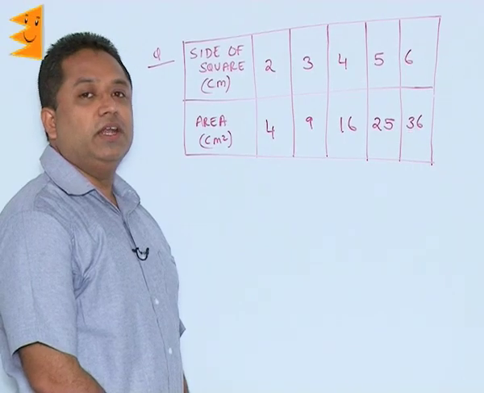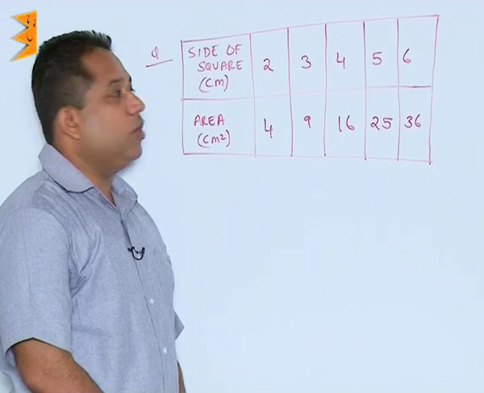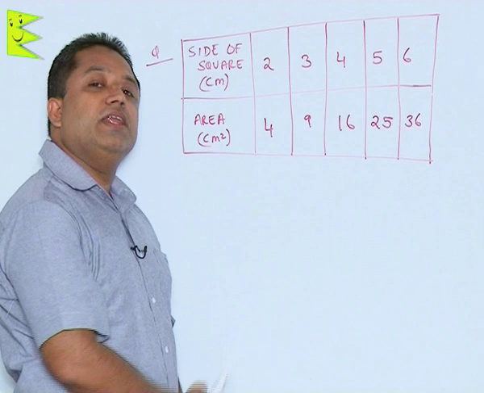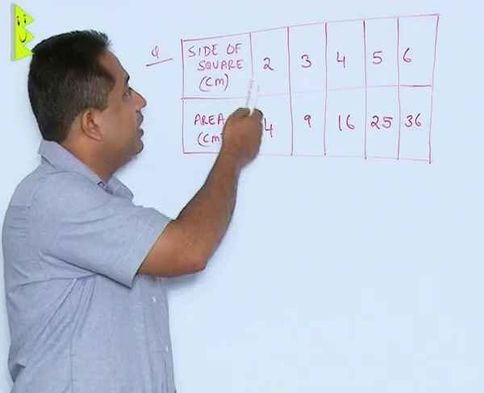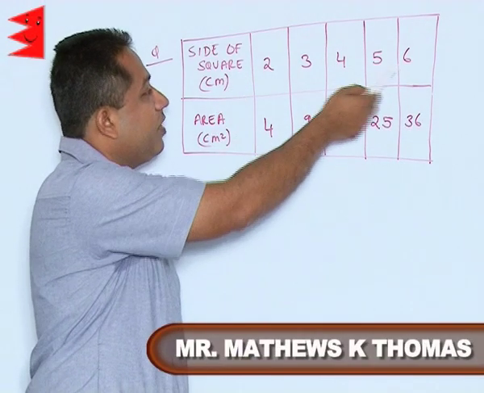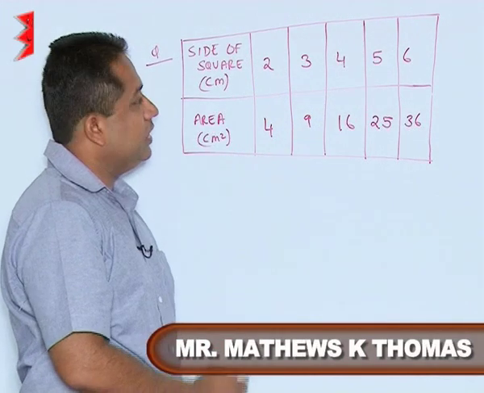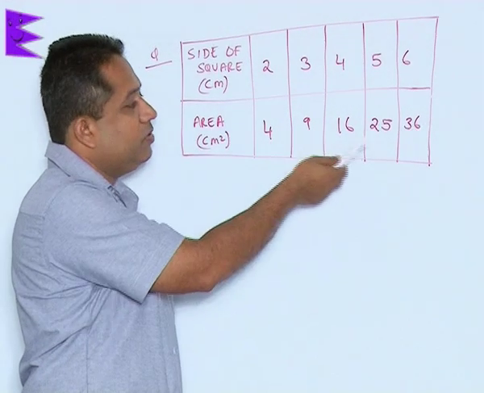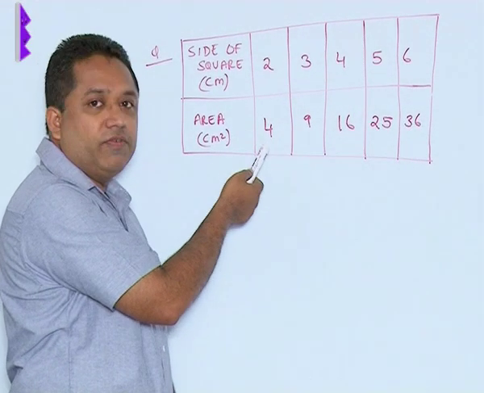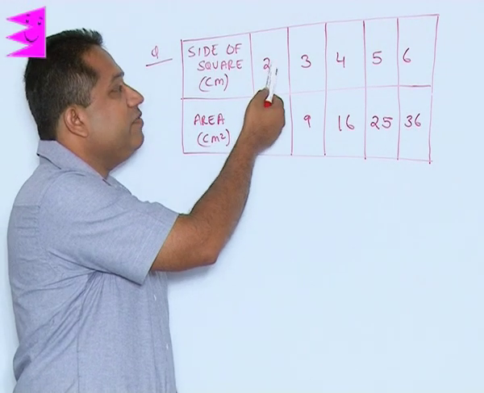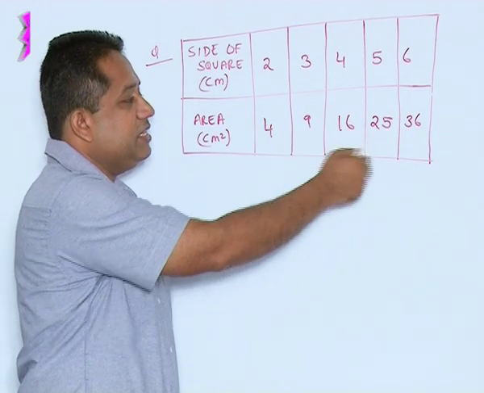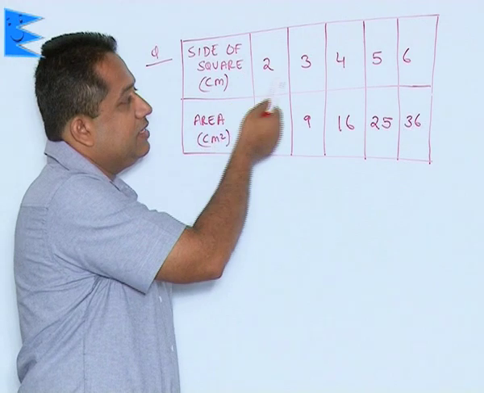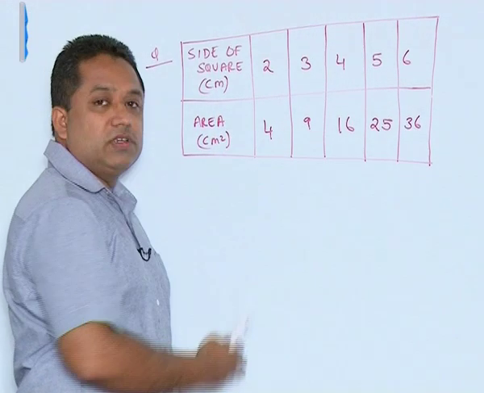In the next question, we are given details about the side of a square and its area. Here the side of the square is 2, 3, 4, 5, 6, increasing from 2 to 6, and we find that the area is also increasing, because the area formula is side squared. Obviously, when we square these quantities, we get these areas, and as the side increases, the area will also